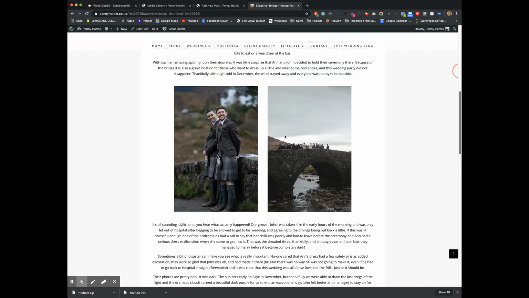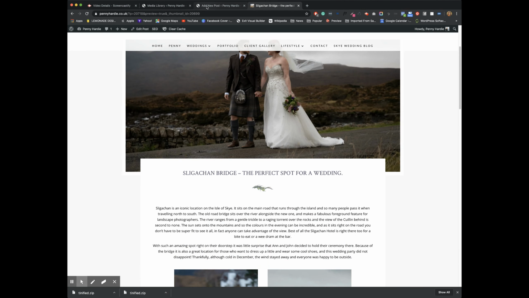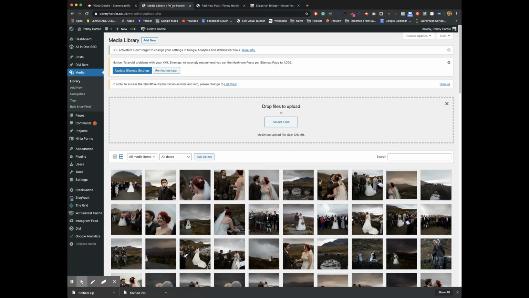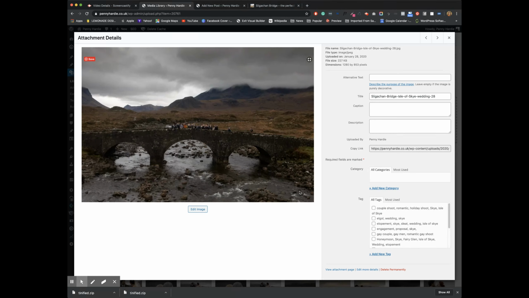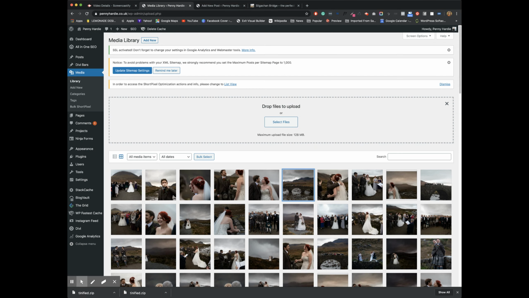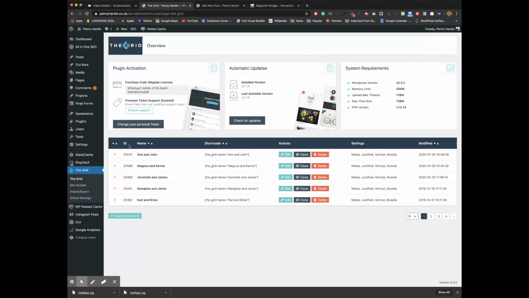So now we want to put the rest of the images in, which I'm now not convinced are in my library. Maybe they are. So what we're going to do is, for this, we're going to go to the grid, and we're going to clone this post here. So we go clone,